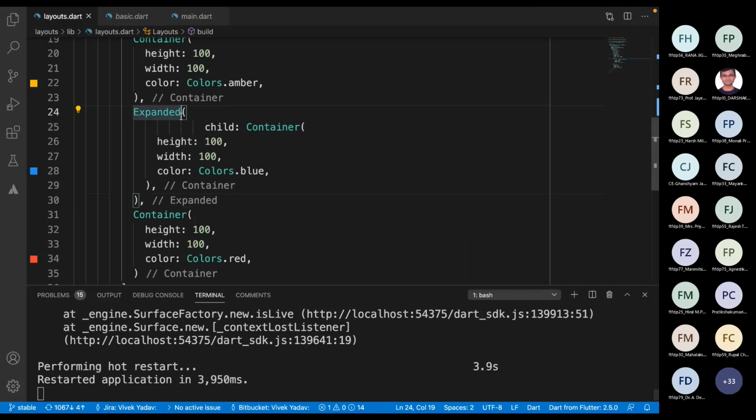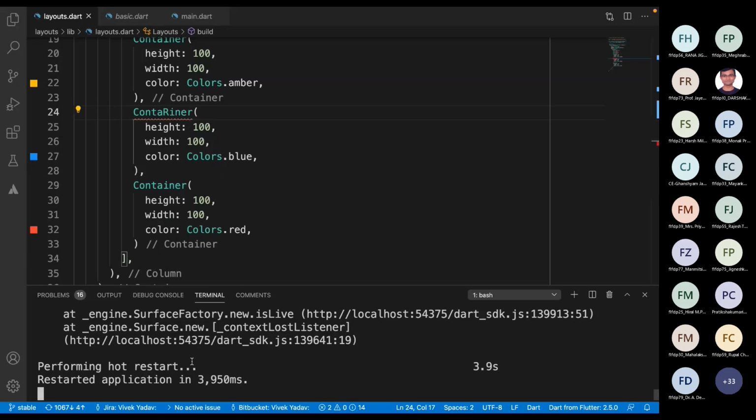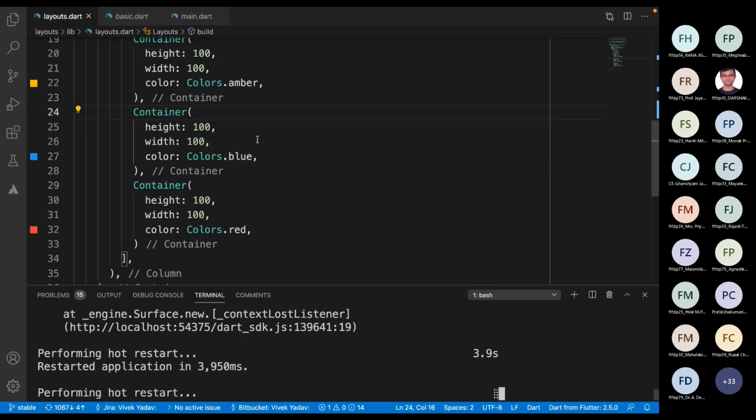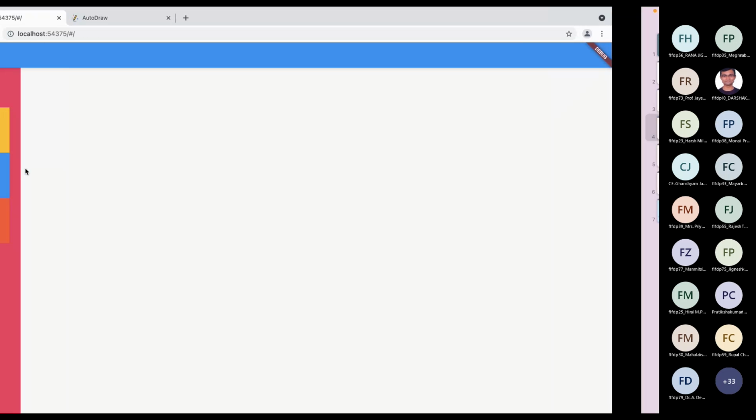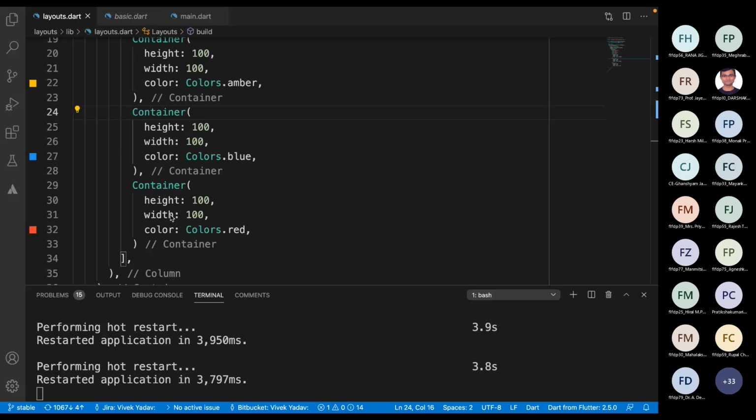As soon as we added expanded, okay, let me remove it first. I am removing expanded, and as soon as I come here, we can see this blue box is taking only the required space. It is taking 100 in width, 100 in height, which we have specified here.